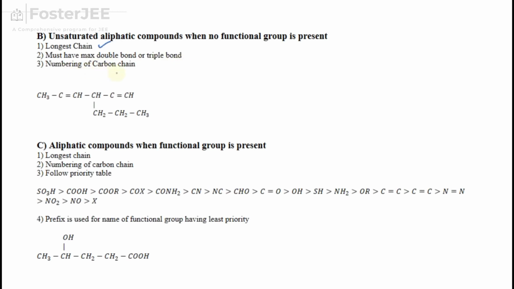And the third rule is numbering of carbon chain. So let's take an example. Here we can see that the longest chain is 1, 2, 3, 4, 5, 6. It contains 6 carbon atoms. And here 1, 2, 3, 4, 5, 6, 7. So here there are 7 carbon atoms. But in this case, this carbon chain is preferred for the name of compound because it has the maximum double or triple bond. So here the name of the compound will be